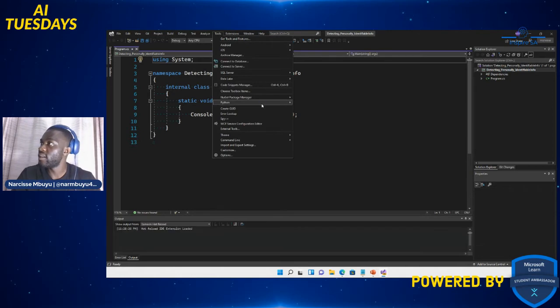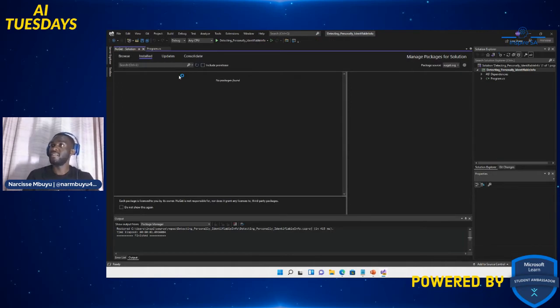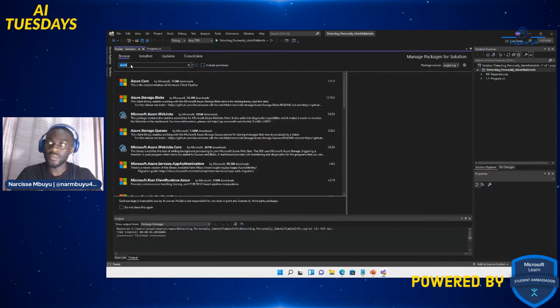Go to NuGet package, install the NuGet package for text analytics on the NuGet package manager console or the NuGet package manager. Search Azure.ai.